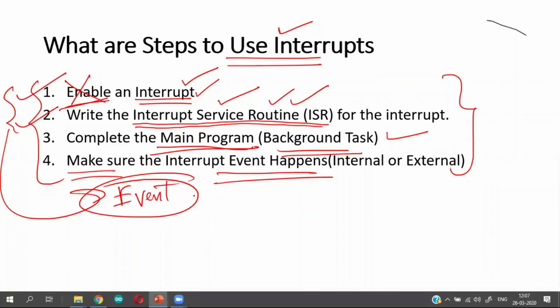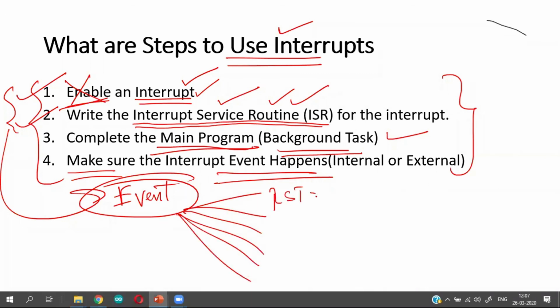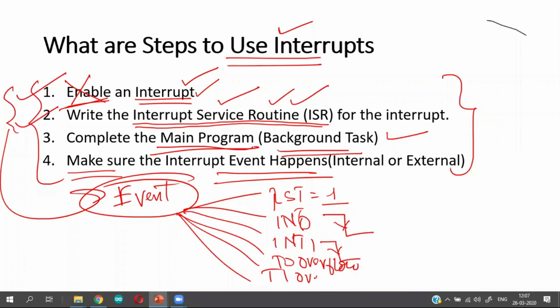I have given you 6 possible scenarios in which that event can happen: reset pin going high, external interrupt pin INT0 making a transition from high to low, external interrupt pin INT1 making a transition from high to low, timer 0 overflowing, timer 1 overflowing, and serial transmit and receive happening. Any one of these events has to happen so that the interrupt is fired and the interrupt service routine is executed.